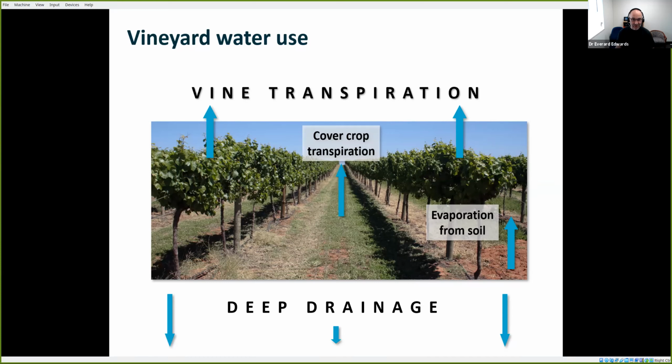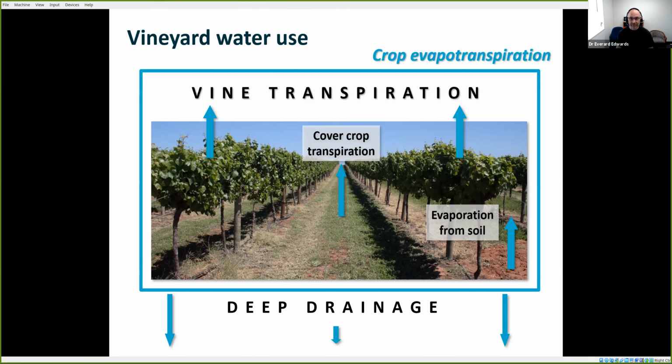So the deep drainage, I guess, in terms of irrigation is really an interaction between the way the water is applied and the composition of the soil. And so it's not something we're really going to address here today. So those remaining components, we can lump them together and term that the crop evapotranspiration, which is a term I'm